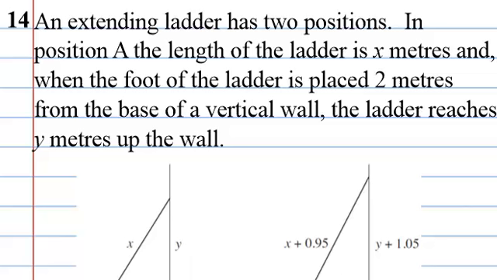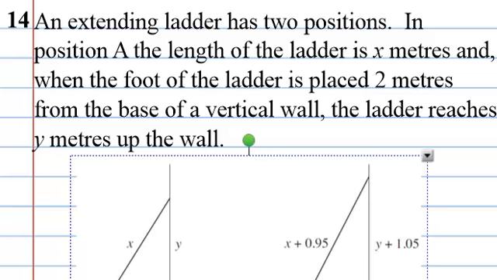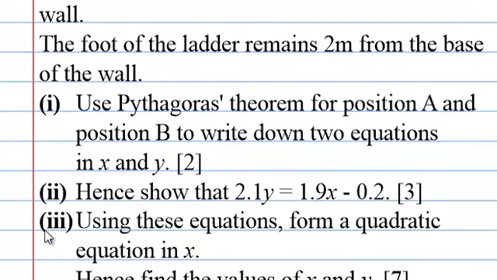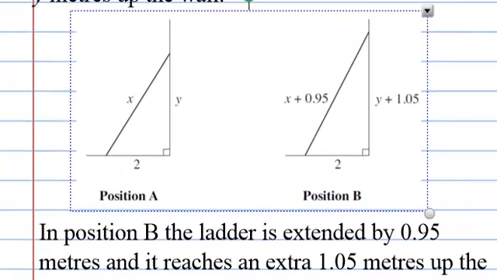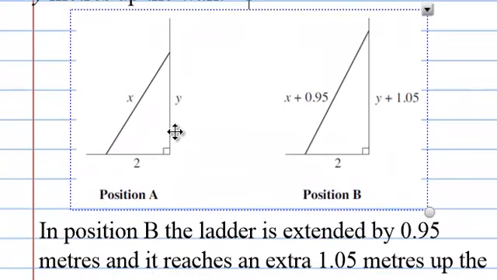Okay, question 14. Extending the ladder has 2 positions as shown, and we're given information about moving the position of the ladders and so on. Question part 1 says, use Pythagoras' theorem to write down 2 equations in x and y, which is a relatively straightforward thing. We've got a right angle triangle in each one. So if we begin with that,